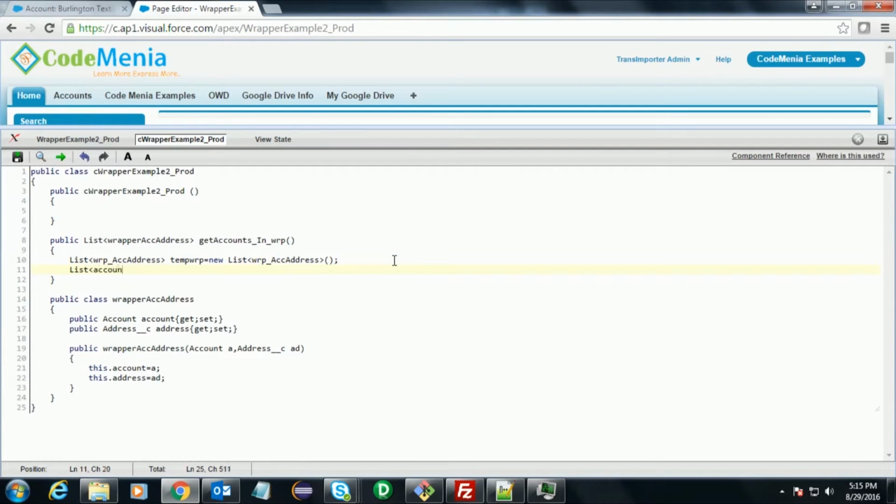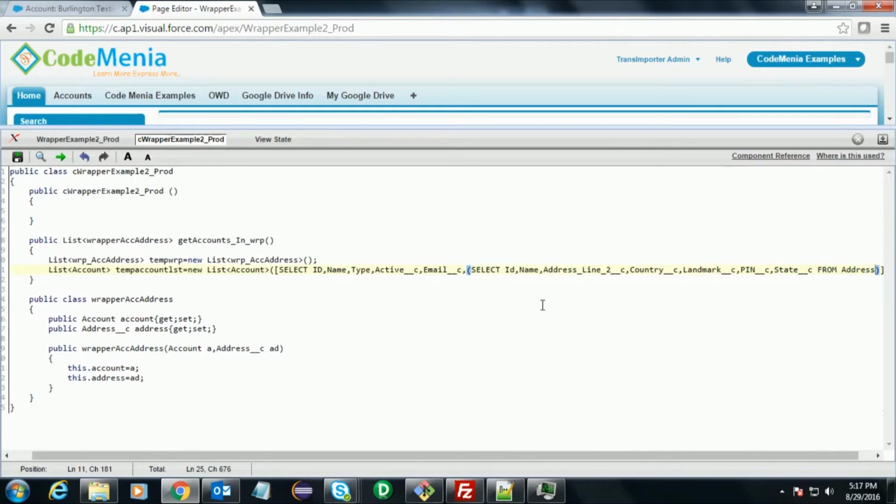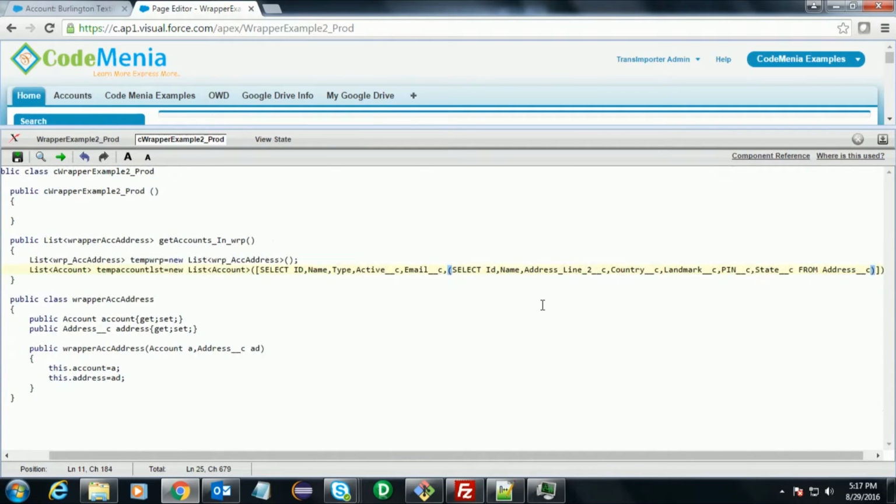Now this is a temporary list of wrapper, and we are creating a temporary account list which will access accounts with all these fields, and we are going to write a query within a query, an inner query, to access the related addresses for these accounts. Now a query within a query is written like this,